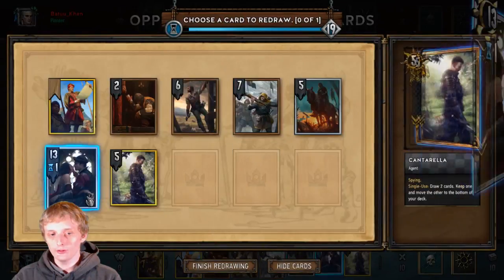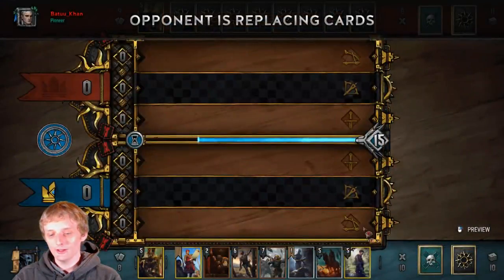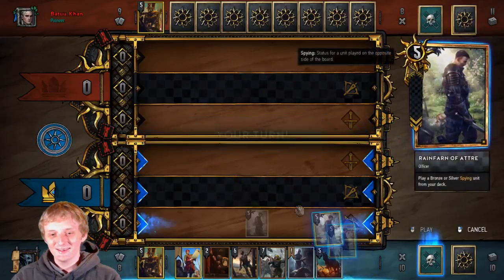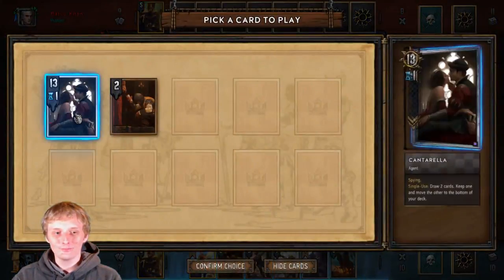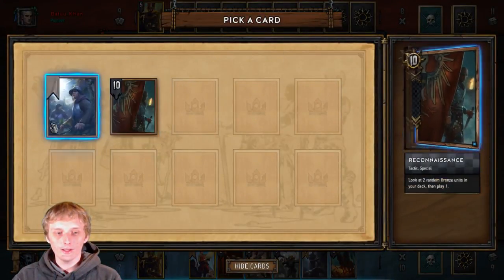Well, we drew our Disloyal unit, that's fortunate. We're going to throw that back. Okay, Doo-Doo. So let's play Ranfarn. We'll grab Cantarella. I shall be your eyes. And we'll take